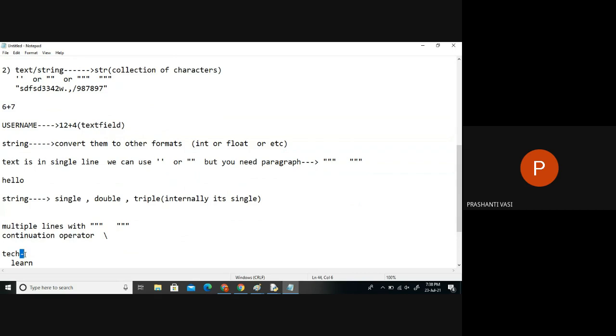So in this space, we have a symbol called slash. Whenever I have written a word but want to type the next word in the next line, I don't want to break it. I want to continue further. For that, we can use this symbol, the continuation operator. The line will not break. Even if you press enter, it's continuing because of that operator.